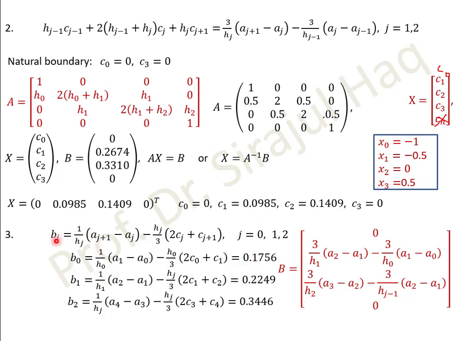Similarly, j is equal to 1, so this is 1 over H1, A2 minus A1 minus H1 divided by 3, 2C1 plus C2, and the value of C1 is there, the value of C2 is there, A1 and A2, H1, they are known quantities. You can find out these values. And similarly, when j is equal to 2, 1 over H2, again there is,